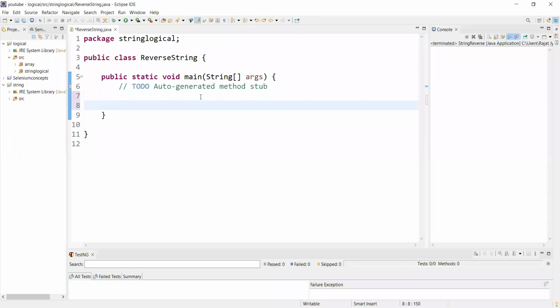Hello guys, in this video we're going to see how to reverse a string. So let's start. I'll take a string str. Let's take any value. I'll take Java, and you can take any value in the str variable of string type. I take Java because it's only 4 letters and it will be easier to see the reverse of